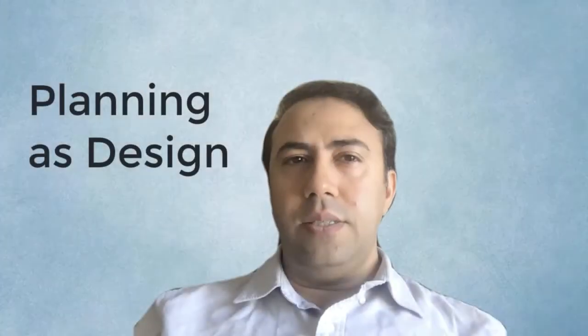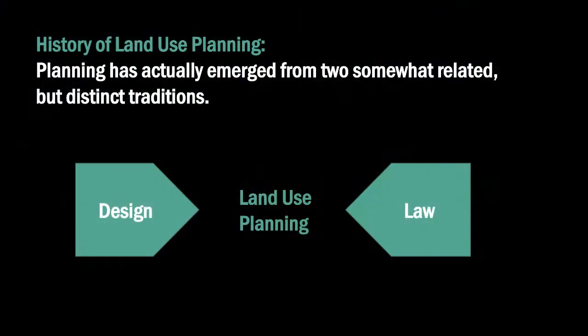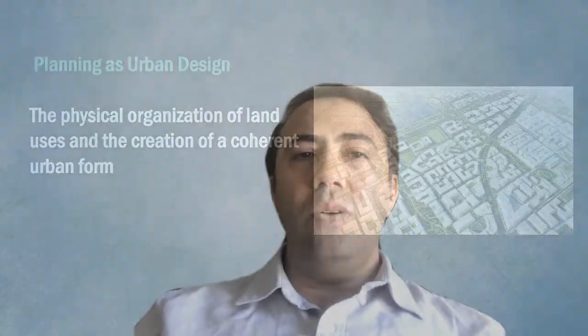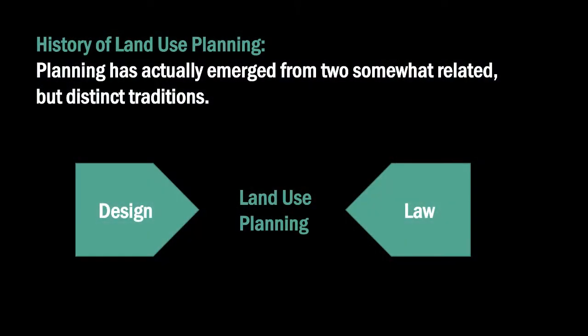Planning as design. Planning has actually emerged from two somewhat related but distinct traditions. The first evolved from architecture and landscape architecture, the physical organization of land uses, and the creation of their architecturally styled connections into a coherent environment that is today often called urban design. The second is strongly grounded in the tradition of law, the legal rationale for imposing public limitations on the use